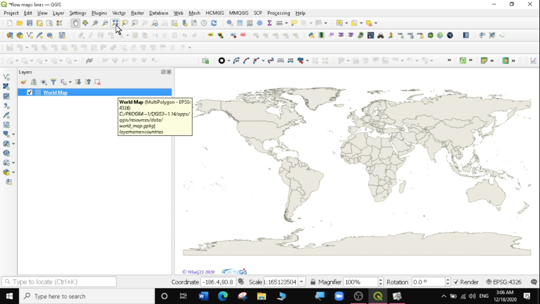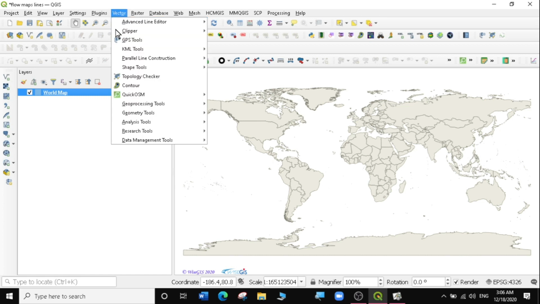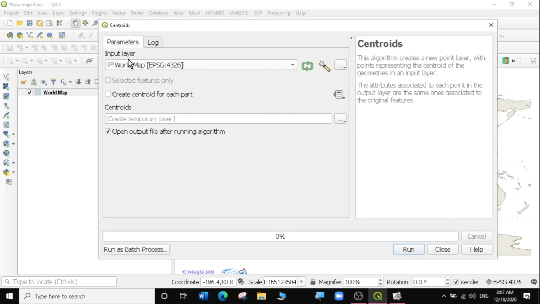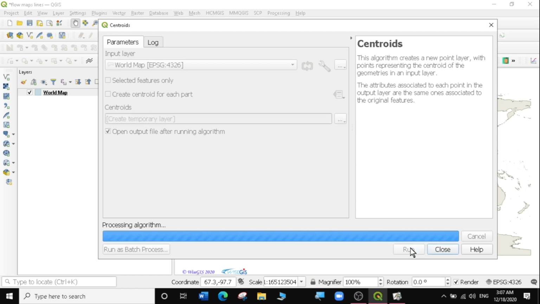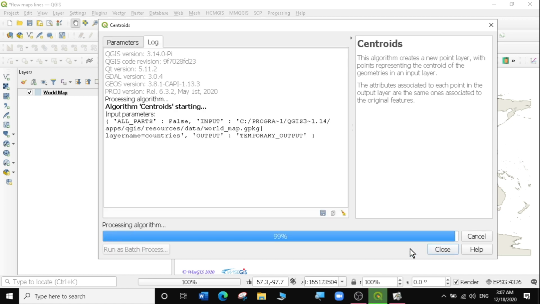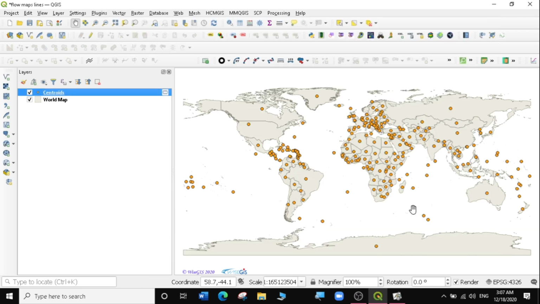How do we create centroids? We'll go to Vector, then to the Geometry Tools. Under the Geometry Tools, you can see the first tab is Centroids. So I'm going to select Centroids. Then my input layer in this is the world map. Then I'm going to just create a temporary layer for the centroids. So I'm just going to click on Run to create the temporary layer. And you can see I have centroids for